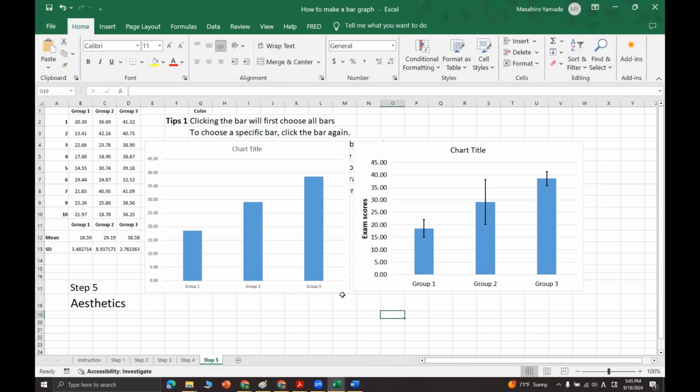So one of the most important things you have to know is that the default version of a bar graph is not really appealing on